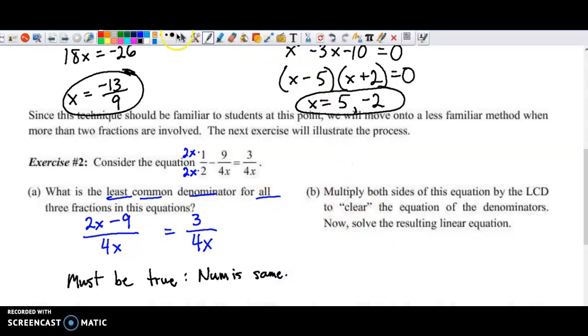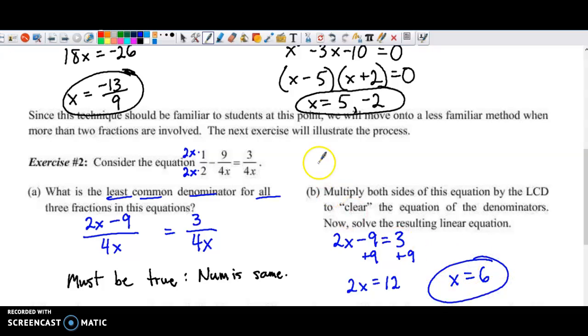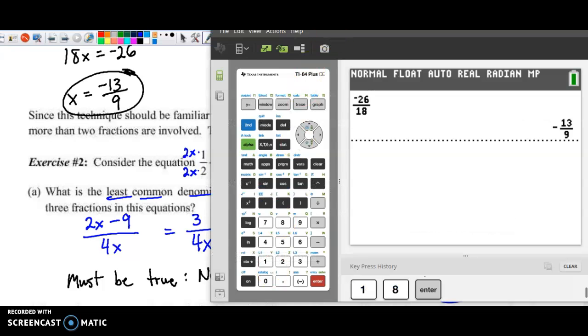I guess I need to practice English. But anyway, that's the whole theme in this, is a different approach. And then you can just say 2x minus 9 must equal 3. So you can add 9 over. So 2x equals 12. And therefore x equals 6. And you can double check that that's the right answer, because I can go to the calculator and just type in